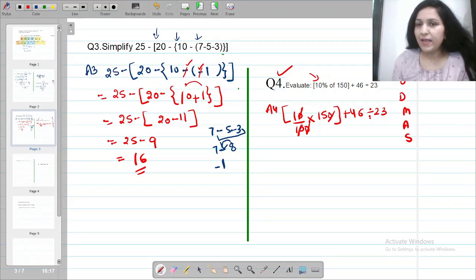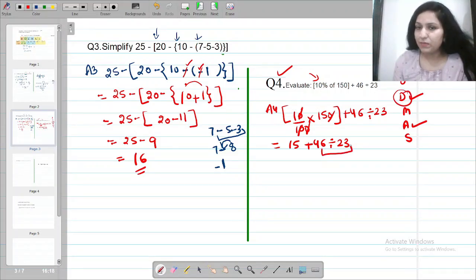Look, 1 divided by 1 is 1 and 1 multiplied by 15 is just 15. So you are left with just 15 inside the bracket plus 46 divided by 23. Now you tell me, out of division and addition, which part is to be solved first? See, this is divide and this is add, which is higher in the order. Division. Okay? So first of all, you will divide the numbers and after that, whatever comes, you have to add